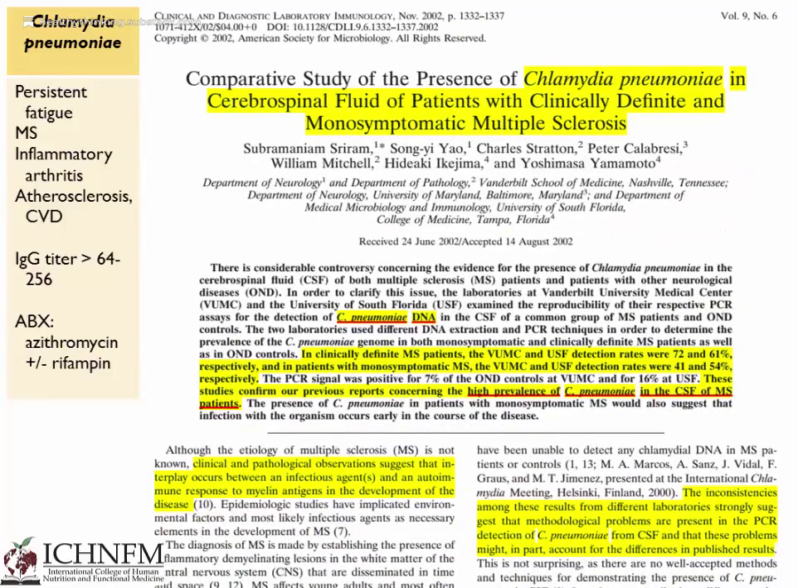Comparative study of the presence of Chlamydia pneumoniae in cerebrospinal fluid of patients with clinically definite and monosymptomatic multiple sclerosis. So what they did in this study is they looked for Chlamydia pneumoniae DNA in the cerebrospinal fluid. So that's pretty much the gold standard for looking for any type of infection. When we look for antibodies, we're only looking for past exposure, but when we look for microbial DNA, especially within the cerebrospinal fluid, we're actually looking for the presence of the bacteria in real time within the enclosure of the central nervous system. So this study was actually coordinated between Vanderbilt